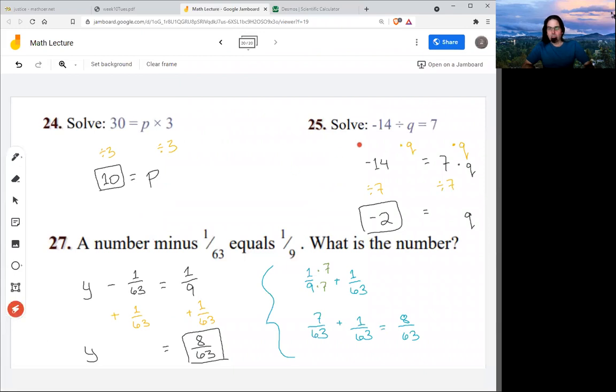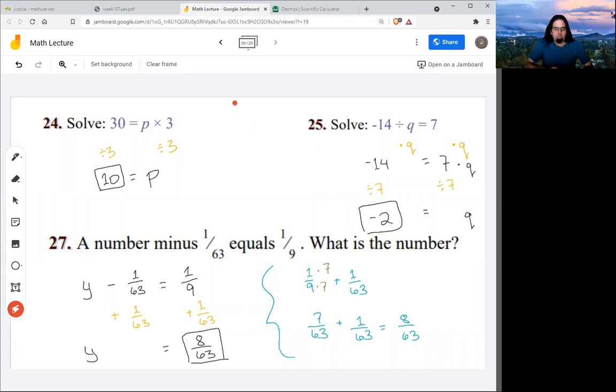So this is tricky, not only because it has a negative to freak you out for no good reason, but it's 2 steps. You have one step and then the step that looks familiar. You have to get to the one-step equation. So 25 is one that's not hard. They all fit this pattern exactly. But it's also true that it's much bigger than 24 or 27. If you wanted to skip 25, you could. Just wait till level D to do that. Or you can say, I'm good at that.